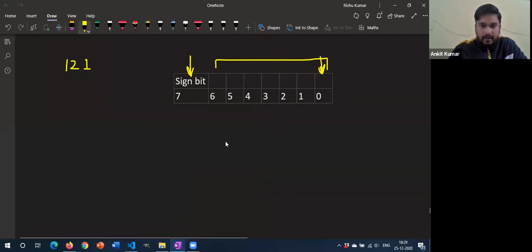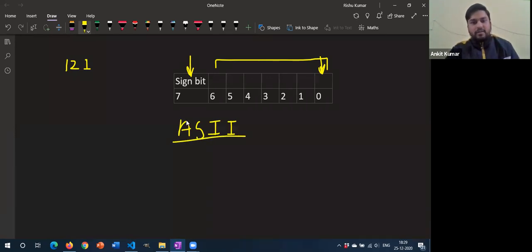So there is a body which is known as ASCII, or you can pronounce it however you want. This stands for American Standard Code for Information Interchange. This ASCII body has given some codes to the numbers and alphabets and all the special characters that you see on your keyboard. Whatever is written on your keyboard, they're actually figures. We identify them.